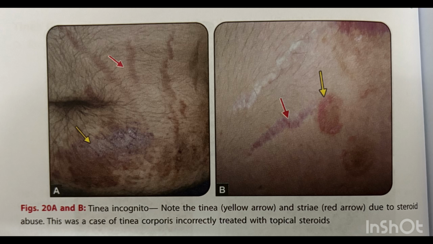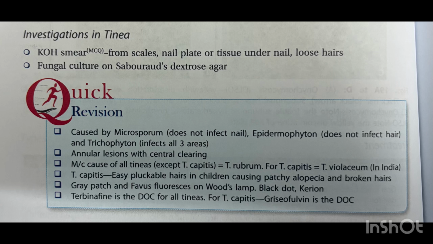Figure 20, tinea incognito. Note the tinea yellow arrow and striae red arrow due to steroid abuse. This was a case of tinea corporis incorrectly treated with topical steroids. Investigations in tinea: KOH smear from scales, nail plate or tissue under nail, loose hair, fungal culture on Sabouraud dextrose